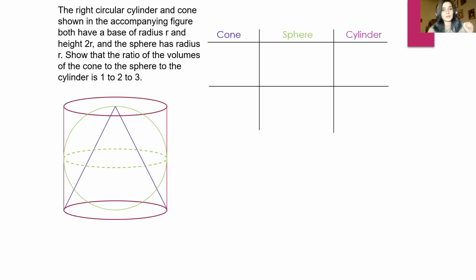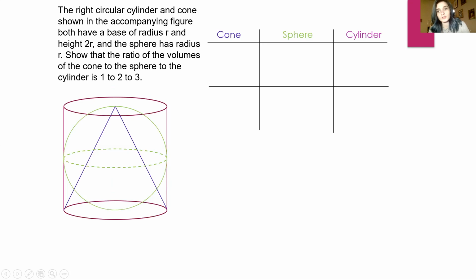Okay, so now for this one, we've got a cone. I don't know how they did this, but they did this crazy thing. You might be building a child's toy. You need to use this formula once in your life. I don't know. But we've got a sphere within a cone, within a cylinder. I don't know what is in what. They're all within each other. Not the point. Anyway, so we're trying to see the ratio between these and see that it's 1 to 2